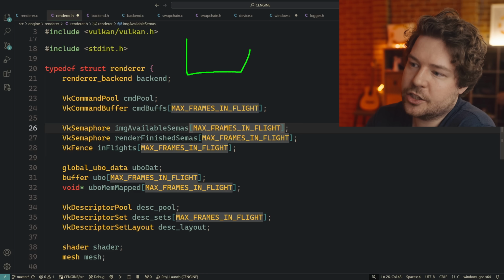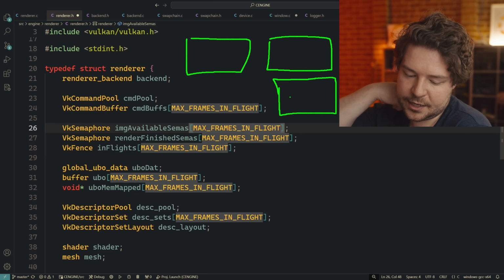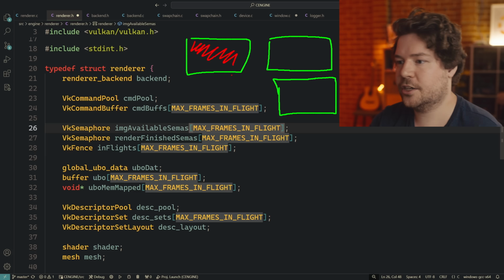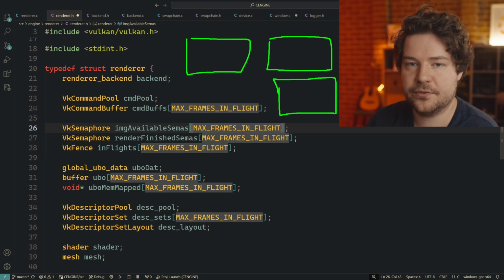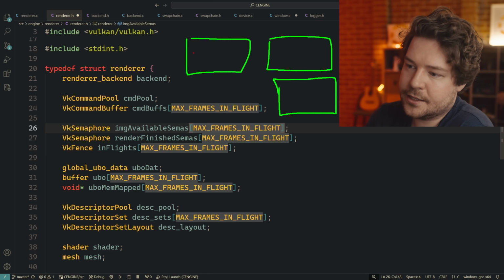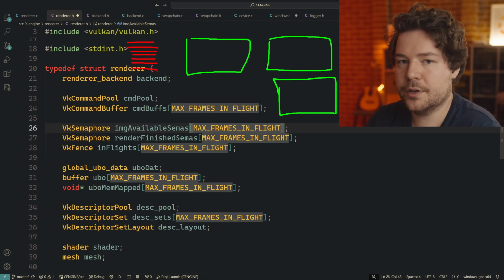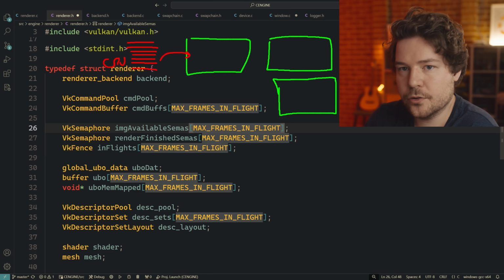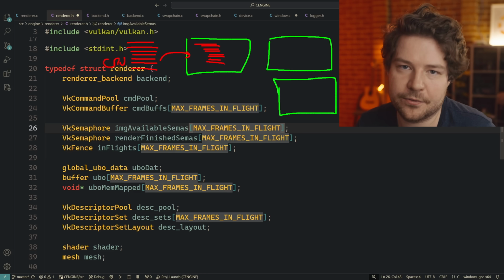Basically, we potentially have more than one swap chain image that we can render to, right? Usually we use double or triple buffering for our window, which means that we can be drawing into one image while we're displaying the other one on our screen. Now, here's where the advantage comes. If you account for that in your code and you have this max frames in flight situation, what happens is that generally on the CPU side, you're doing all of the CPU stuff, you're recording all of your commands, and then you're giving it over to the GPU to actually execute that command buffer and therefore most likely draw pixels to a frame buffer, for example.